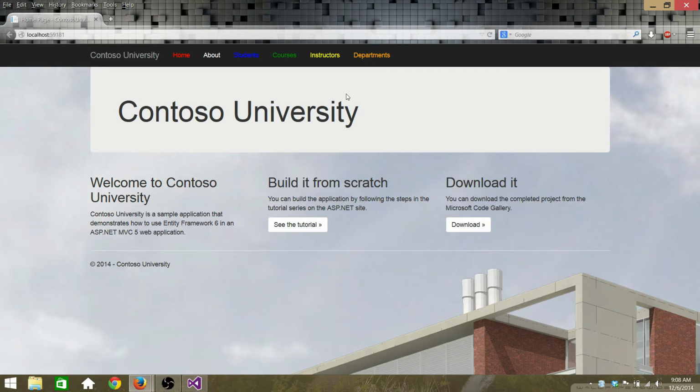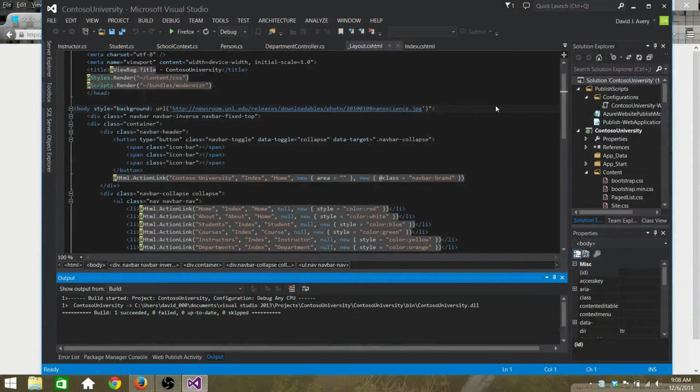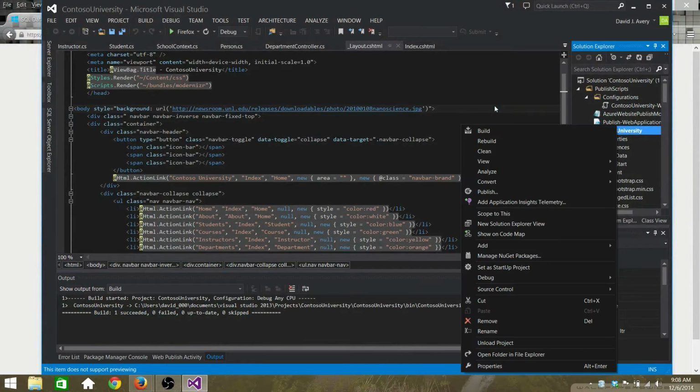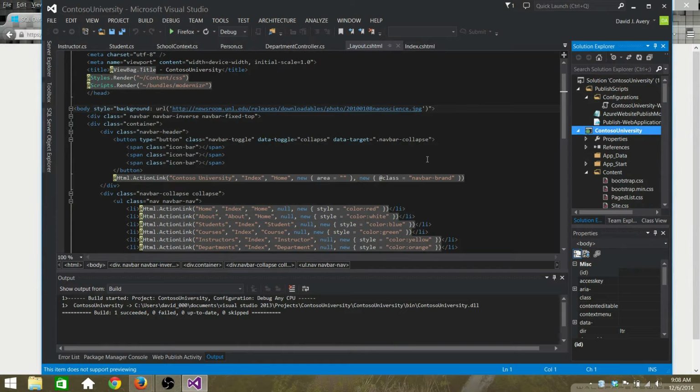All right, all well and good. So as you can see, we're running our localhost right now up here in the address bar. So we can only see this on our machine, but we want to go ahead and upload this online. Well, that's easy enough. On your actual project, all you have to do is go to Publish,